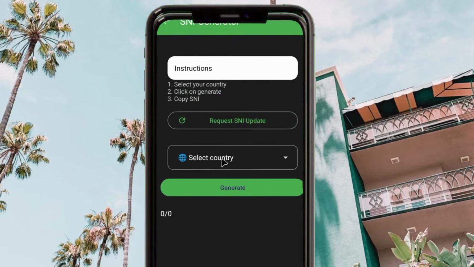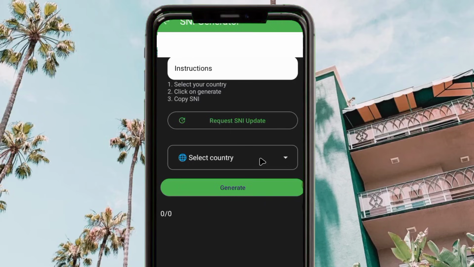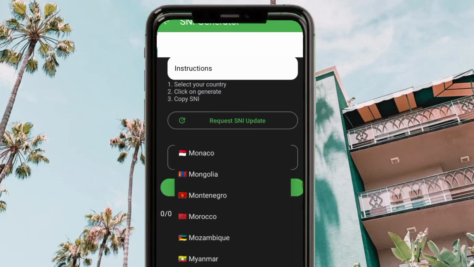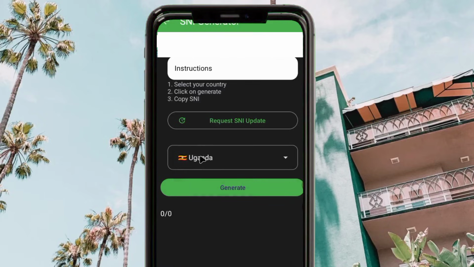and the app will present you this page where you'll be required to pick your country by tapping on the select country. So make sure to pick your country name. Please note that in case you pick a wrong country, the SNI presented for that country will probably not work in your country. So make sure to pick your country, and then you can proceed. For today's guide, let me pick any of the presented. So you pick your country, and after picking your country, you click on generate,